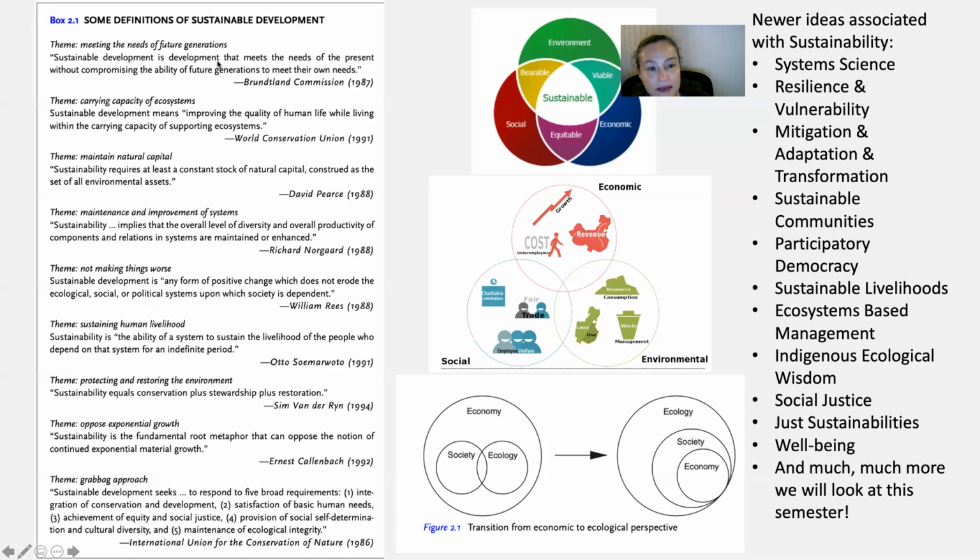Sustainable development is the development that meets the needs of the present without compromising the ability of future generations to meet their needs. This one comes from the very classic paper put out by the Brundtland Commission in 1987, but different groups, from people who focus on ecosystems to people who look at it more in an economics perspective of natural capital,